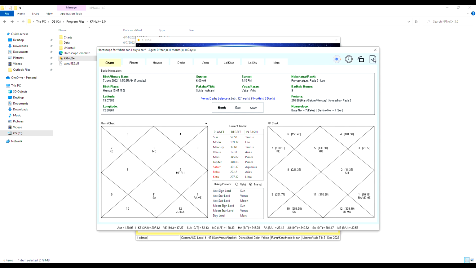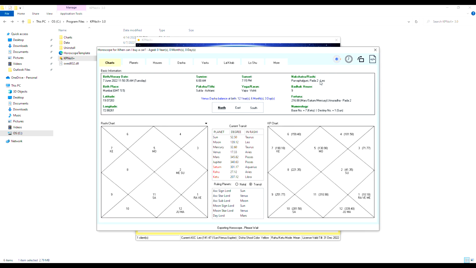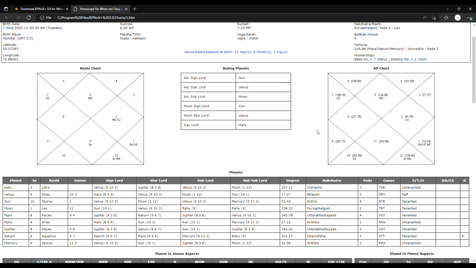And the last button is for exporting. Now if you see here, you have 3 different options. So the first one is with Dasha and Bhukti only, which means it will give you information for Dasha and Bhukti only. Then it is DBA, so you get the 3 levels here, and if it is all the 4, it takes more time. So let's just say we export Dasha and Bhukti alone. So it should open in your default browser. You can see here, this is the export that has been generated,